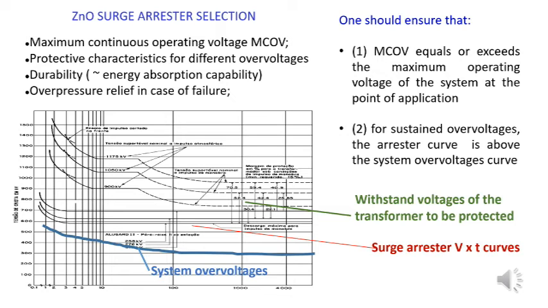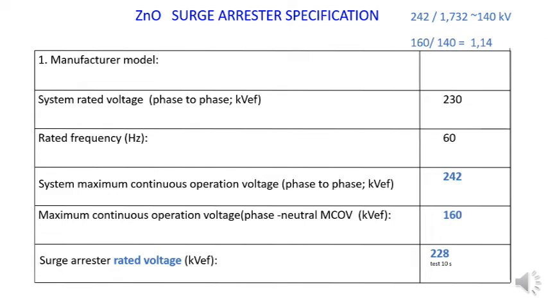Then the idea is to find in the specification the right curve of the surge arrestor, considering the overvoltage systems and considering the several possibilities that we have when specifying the BIL and other withstand voltages of the transformer or another equipment which will be protected. And then you may see here some lines of the specification prepared by the power utility